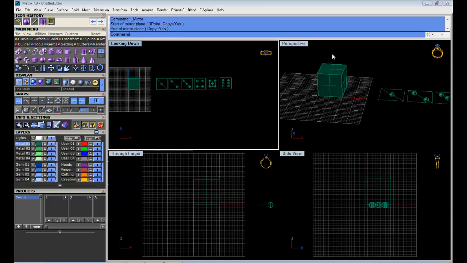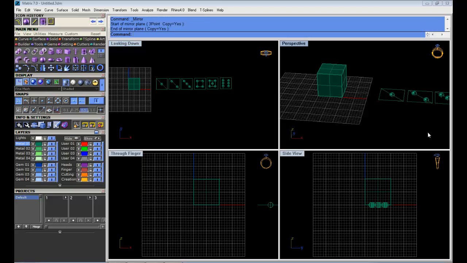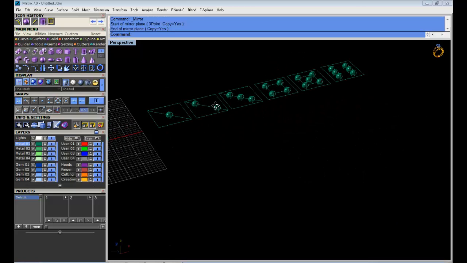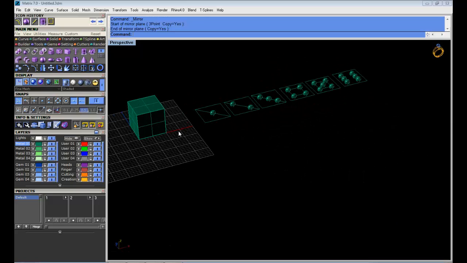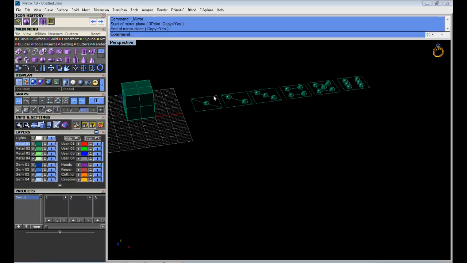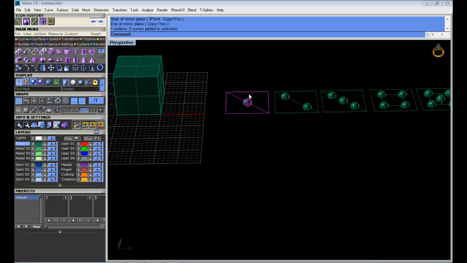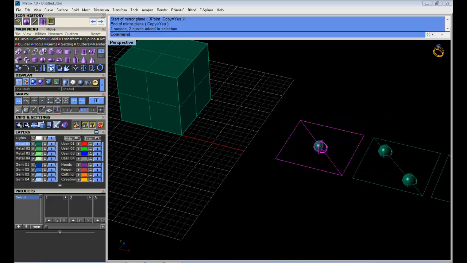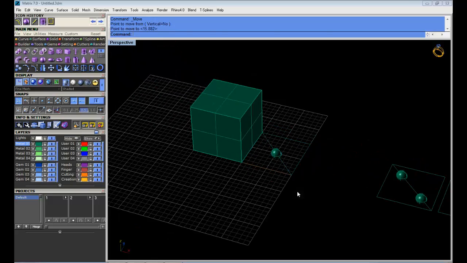Okay, so now we have all the numbers we need, and we need to place them on the faces of the dice. So basically we're going to select one of them. Let's just start with number 1, and we're going to move, which is here. Point to move from this one or this one, and point to move to, it has to be the edge of the box, of the dice. Okay,